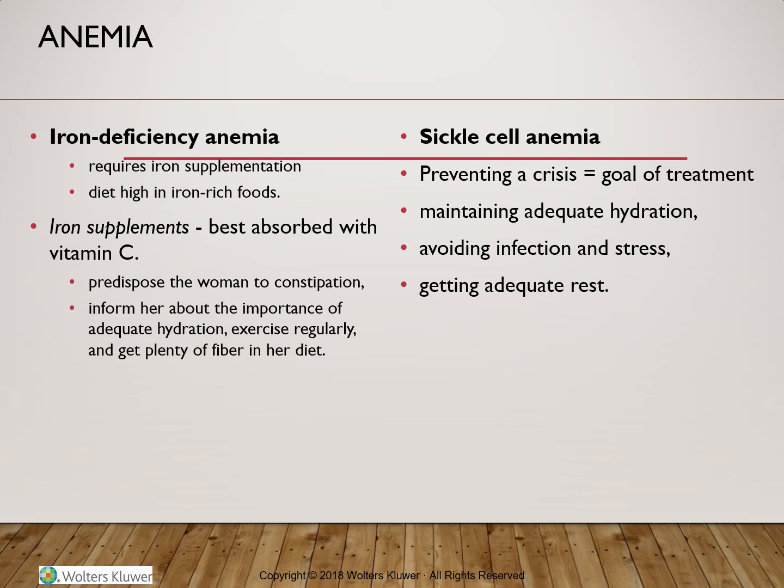What's particular about this condition is that they may have acute exacerbations of the disease called crisis, and a crisis is usually triggered by a stress like an infection, hypoxia, trauma, or exposure to cold. The abnormal hemoglobin, instead of being a biconcave type of cell, is a sickle cell. It has this kind of crescent shape, becomes sticky and clumps together.